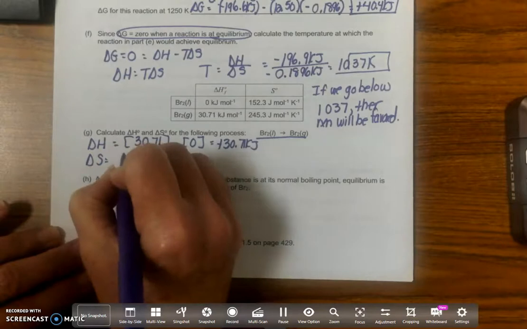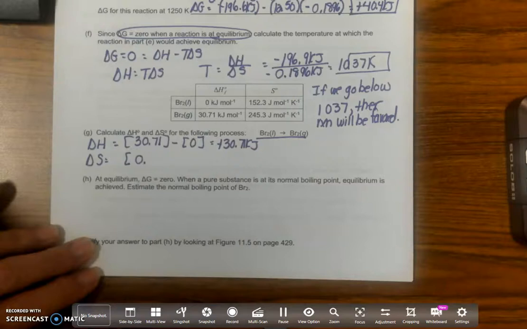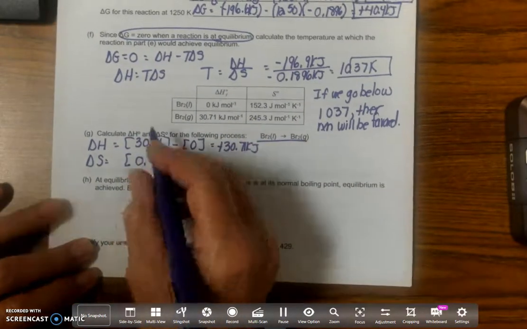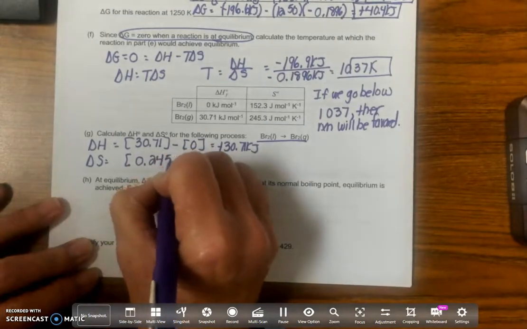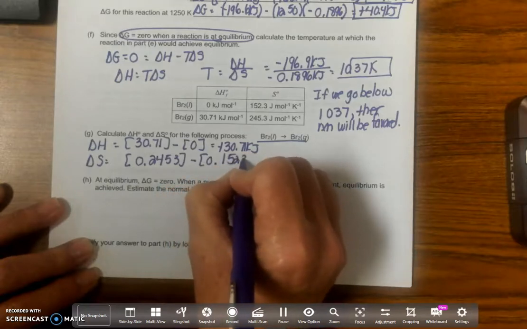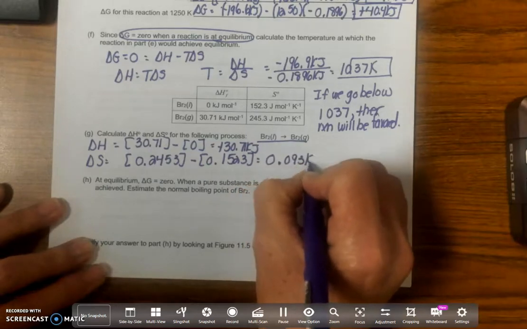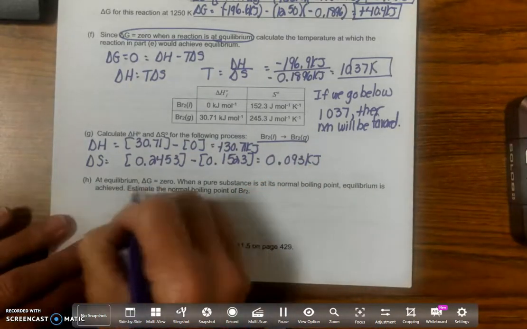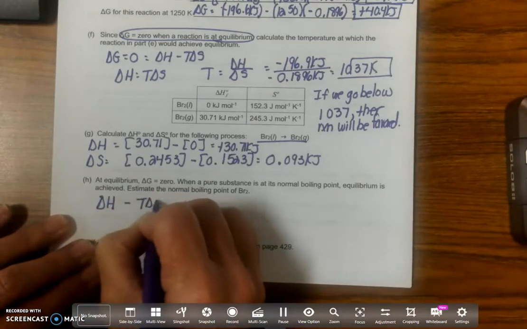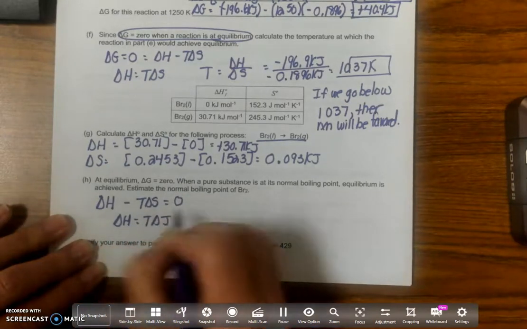And then delta S is 0. Now remember, I've got to convert both of these to kilojoules because they're in joules. We've got to remember to do that. 0.1523 minus 0.053 is equal to 0.093 kilojoules. Okay, so delta G is equal to 0. So that means delta H minus T delta S is equal to 0. Delta H is equal to T delta S, because what we want is